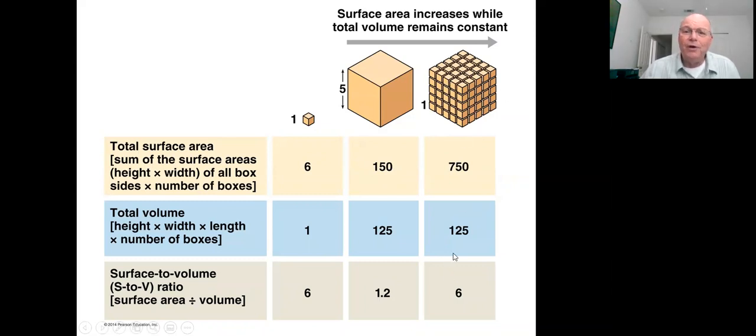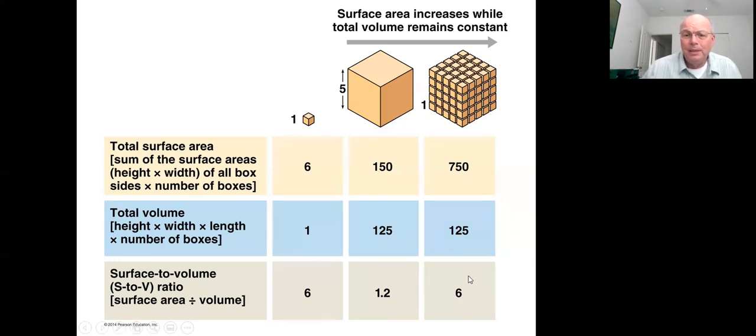The volume is still 125 cubic units because we haven't changed the effective size of this cube. We've just subdivided into smaller cubes. So the volume is still 125. So now the surface area to volume is 750 over 125, and that's 6. We've restored the surface area to volume ratio. So increasing the compartmentalization, subdividing a large cell into smaller spaces, is the key to maintaining a good surface area to